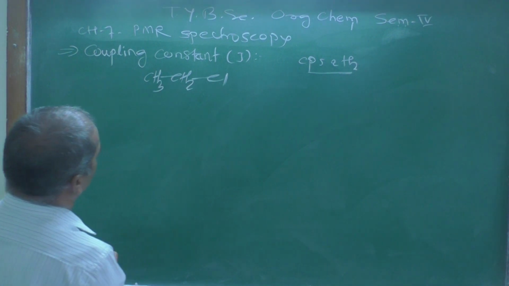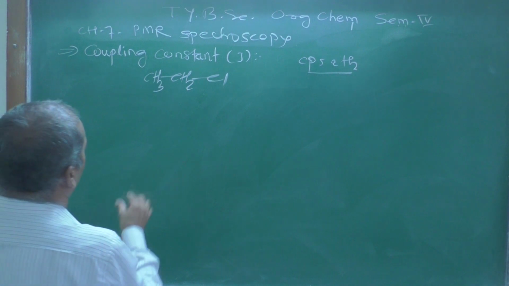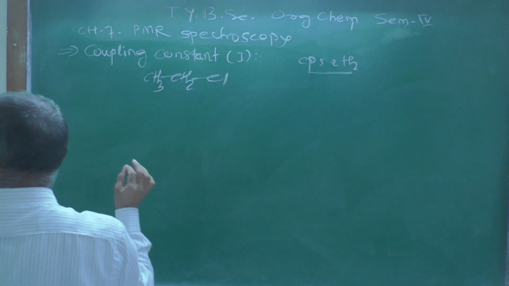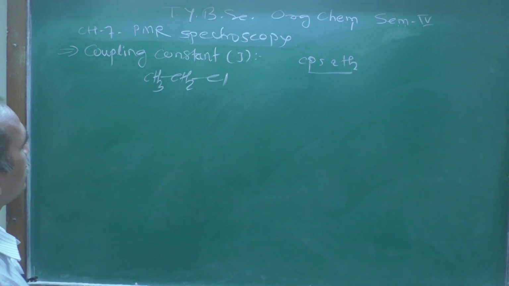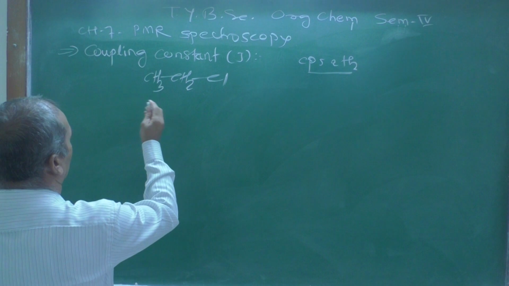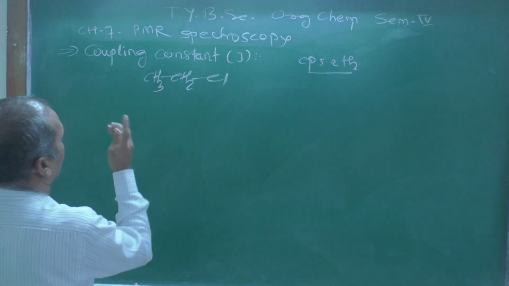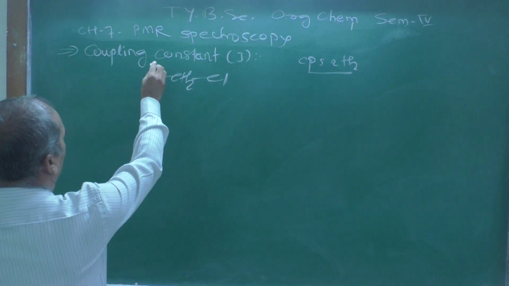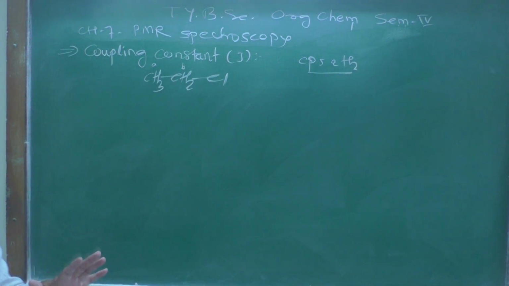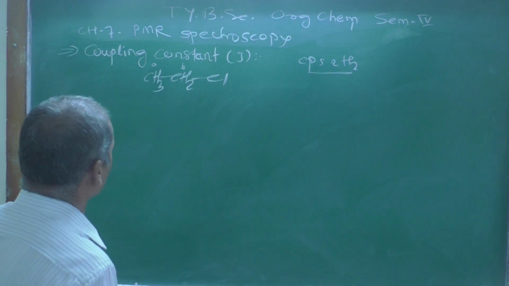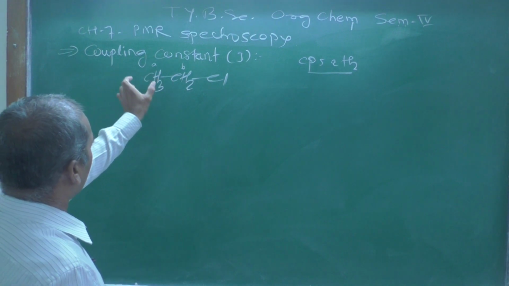If you observe this structure, the name of this structure is ethyl chloride, and how many PMR signals can you observe here? Here two kinds of protons are there. Now first find out the types of proton. There are two types of proton, because here you can call this A and this you can call B. There are two kinds of protons. Now if you see the splitting of these,